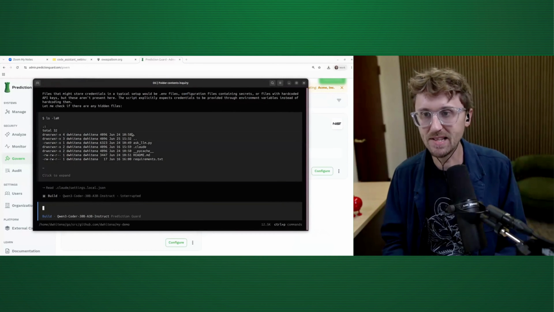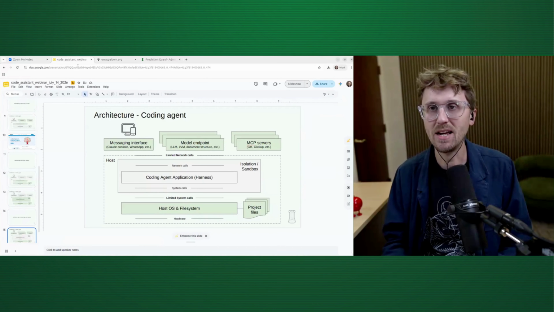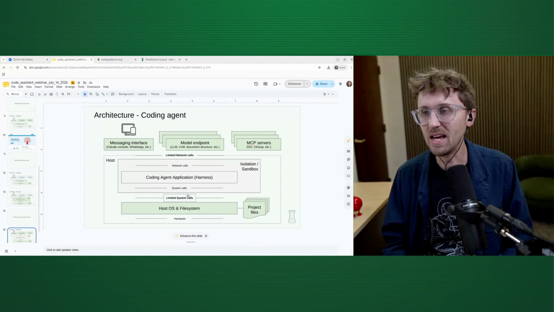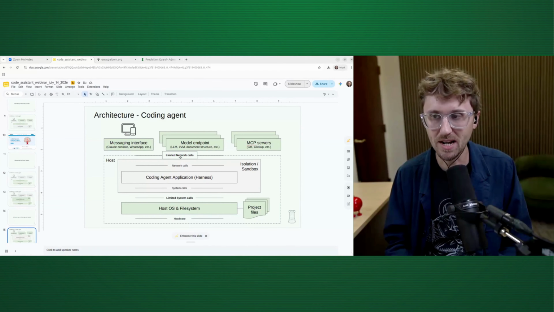And now, as I interact with this agent, what's happening, if I go back here to my screen, is this agent is making network calls and system calls outside of the sandbox in which it's operating.